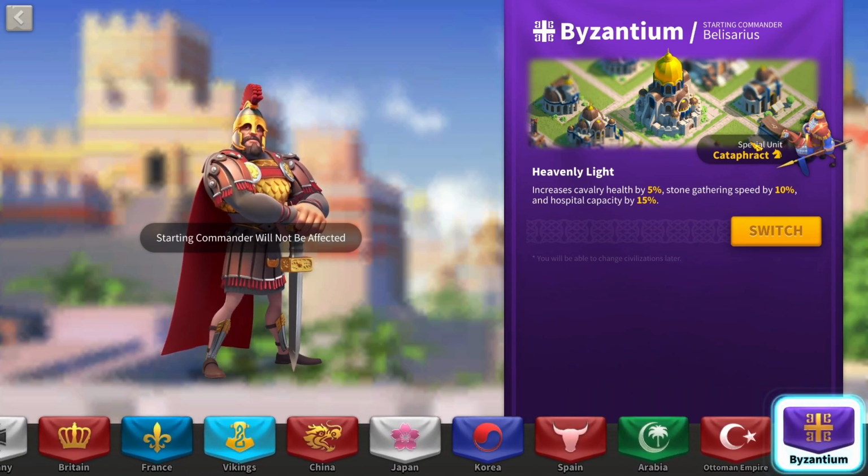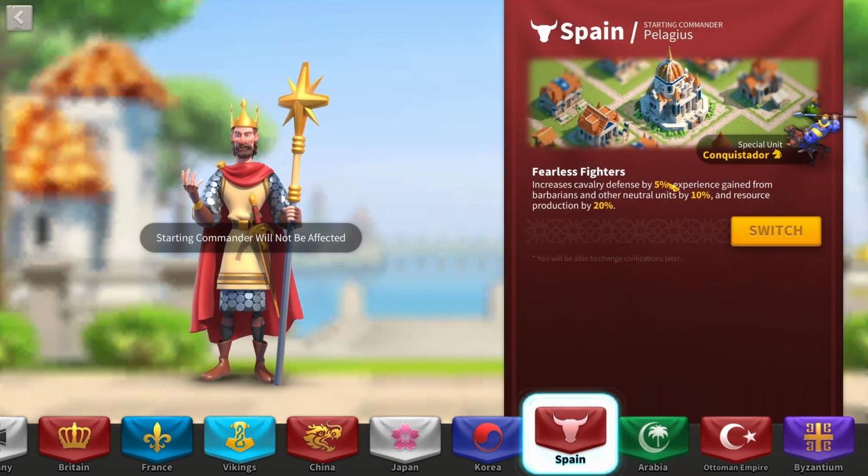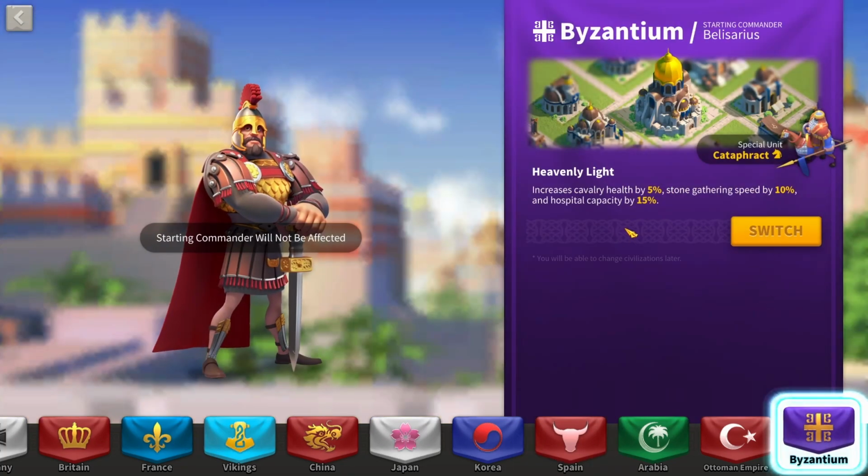I think they give extra health, so the actual troop-based stats is extra health. So Byzantium, in my opinion, is probably the best field for Cav. Best rally for Cav is definitely Arabia, so if you're doing Cav rallies, go for Arabia, that's going to be your best bet. And then Spain is maybe your second best Cav civilization, though I think that Byzantium is definitely the best one, just because you are getting hospital capacity, you're getting health, you're getting all the stats you'd want